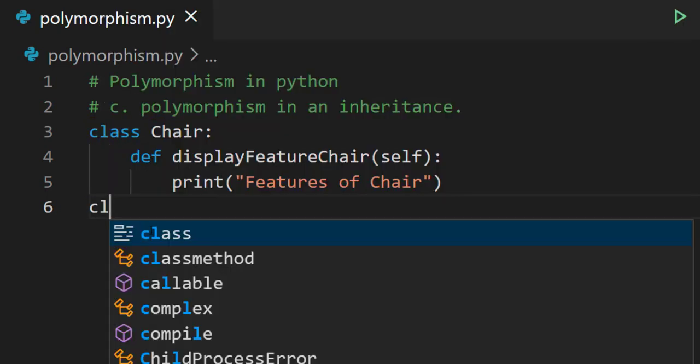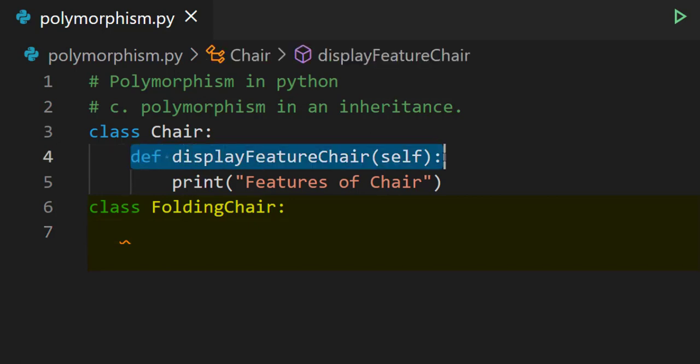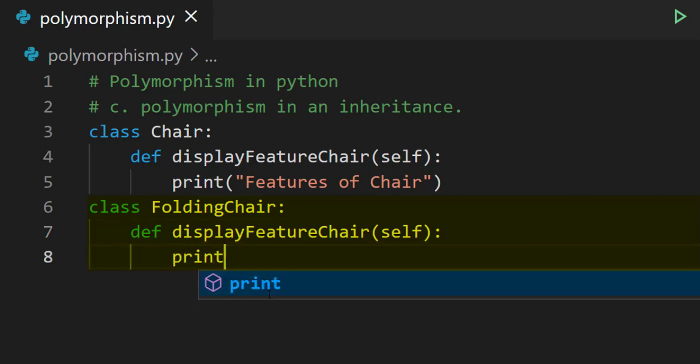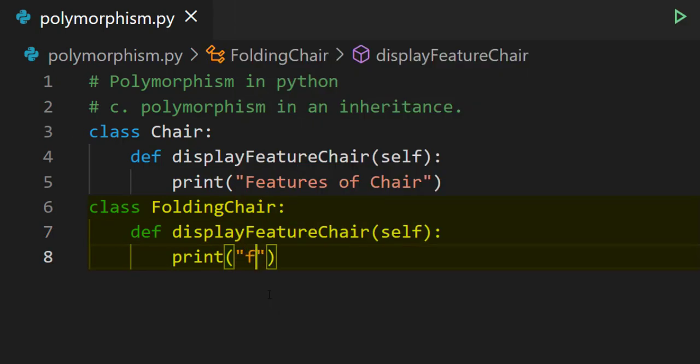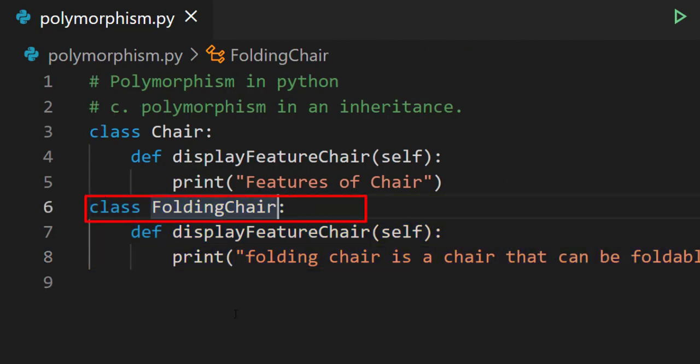Create one more class called folding chair with the method which is defined in the chair class, that is def display feature chair with the self keyword, and write a print function with a different implementation, that is, folding chair is a chair that can be foldable. Hence, it is an inheritance concept.